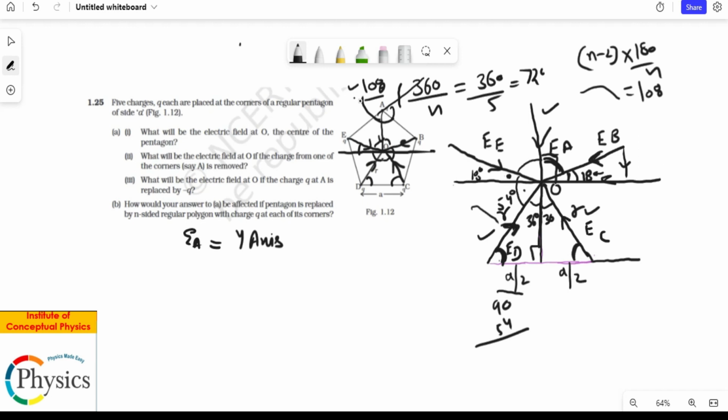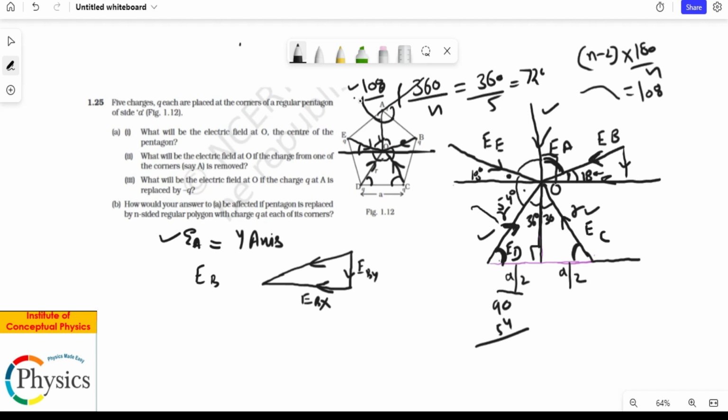Now let's come back. So EA is in the y-axis. Let's look at EB. Okay, so EB has two components. If you see, EB is drawn like this. So I'll just draw the components of EB. One is downward, the other is leftward, right? So I know EBy, and this is EBx leftward.